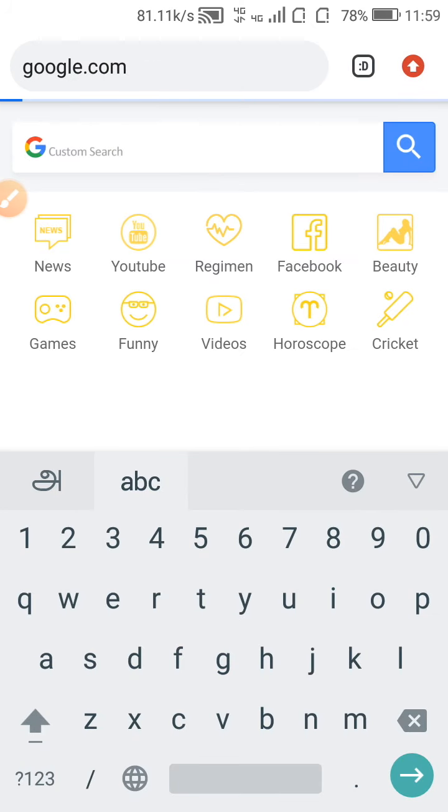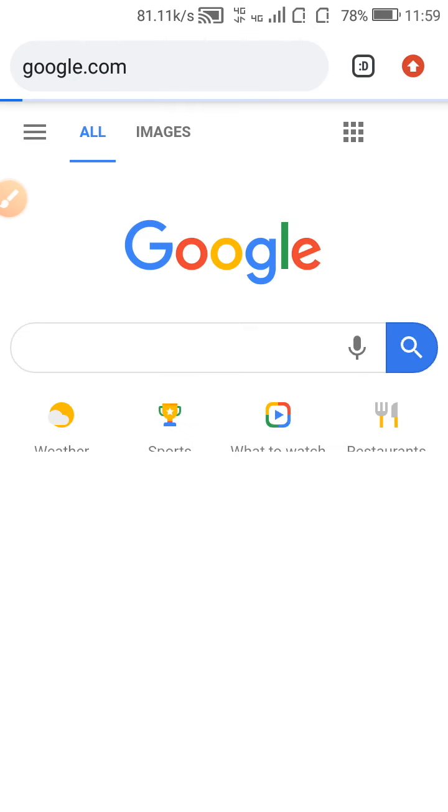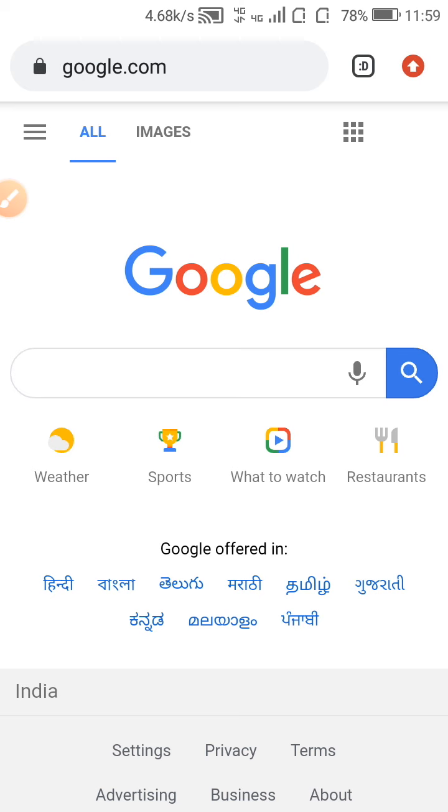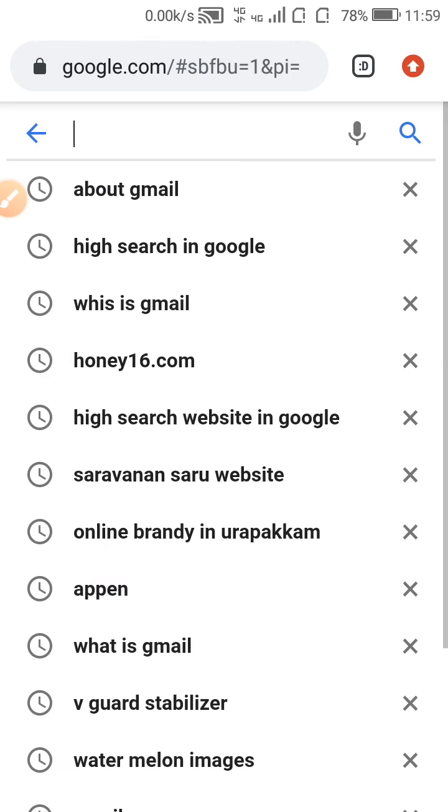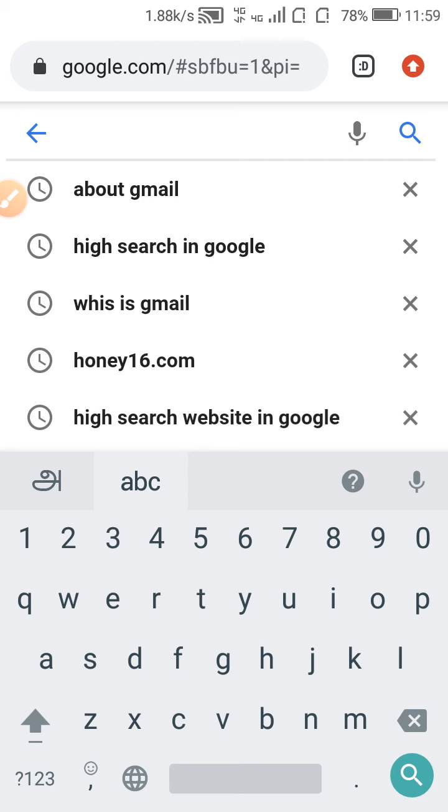By clicking here, just type Google. I have already typed. In this Google search, you will click what you want to know about. In this sample, I have clicked about Gmail.